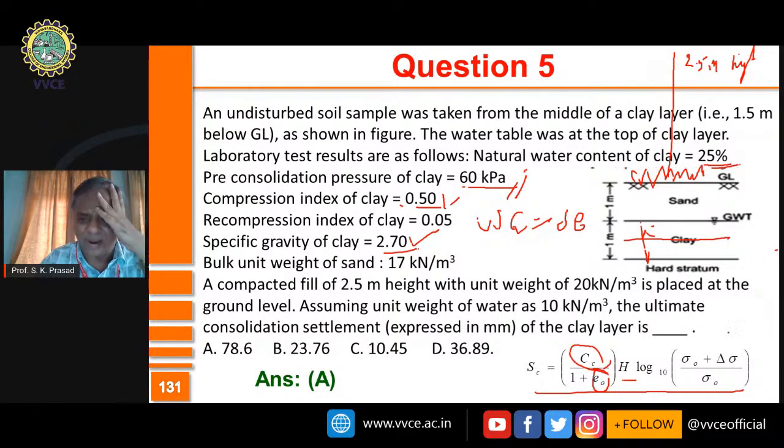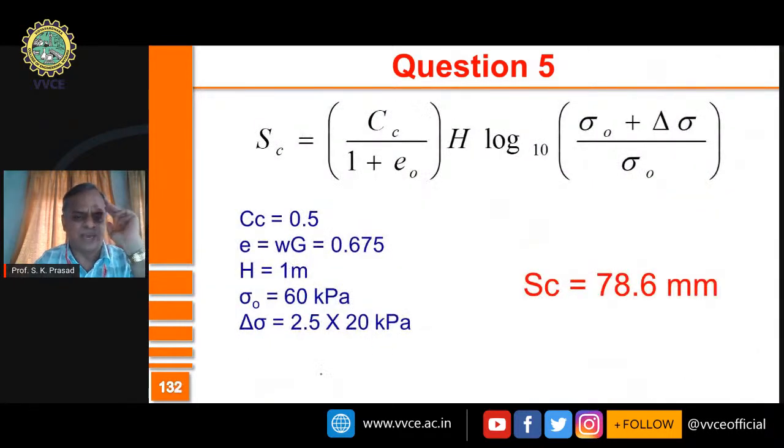And del sigma happens to be the new pressure which is created. That new pressure is created by a 2.5 meter high embankment having 20 kilonewton per meter cube as the density. So 20 into 2.5 will give you 50. So sigma naught is 60 and del sigma is 50, and that's what I have written here. Based on this, you find that the consolidation settlement has some value,